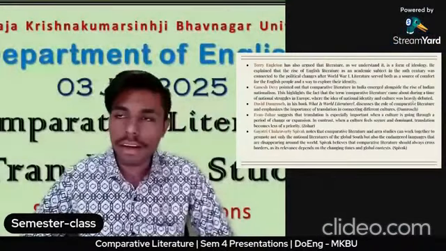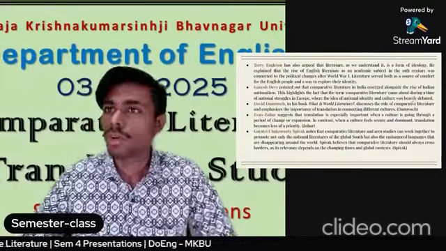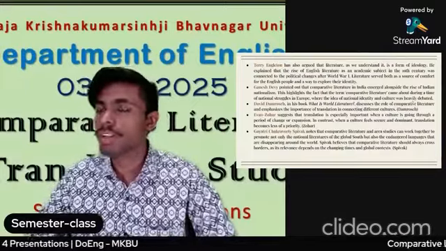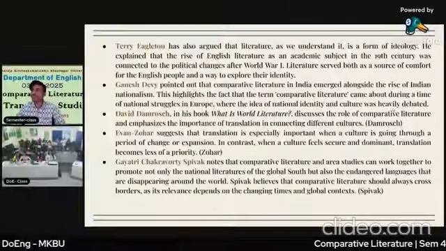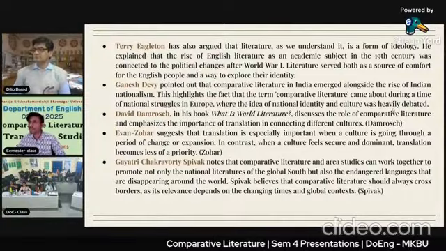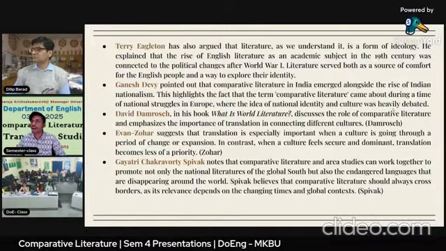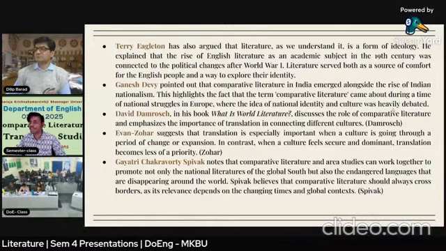Thank you, Jatin and Hiral, for providing the introduction and core content of the article. So now I am going to list some of the writers who also argue, point out and suggest some things about how comparative literature is shaped in the culture as well.